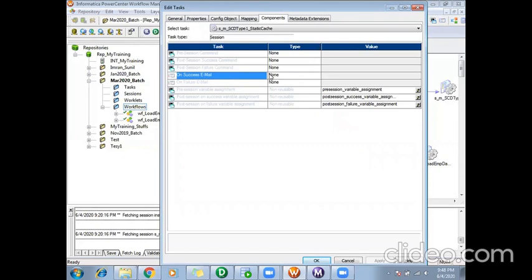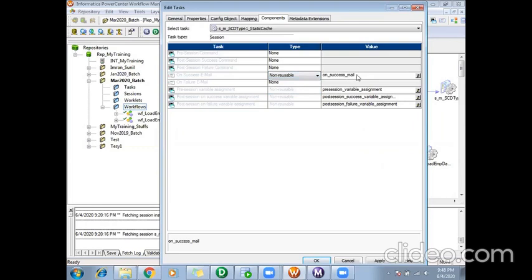If you come here to On success email, you can select reusable or non-reusable. Same as the transformations we discussed, making them reusable or non-reusable, like that you can make the task also reusable or non-reusable. We'll be seeing that further ahead. So I'll just say non-reusable here, as I don't want to reuse it in other places.